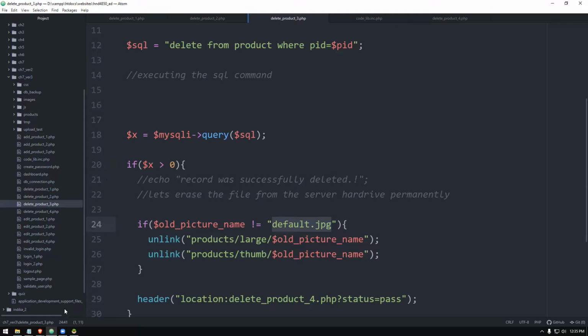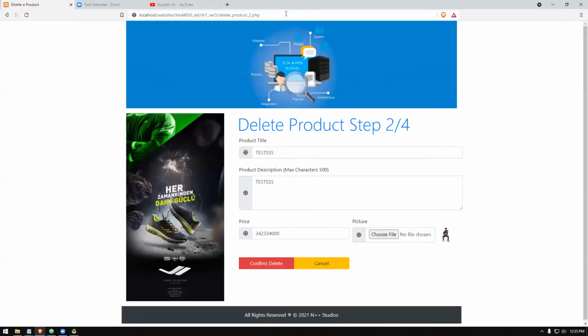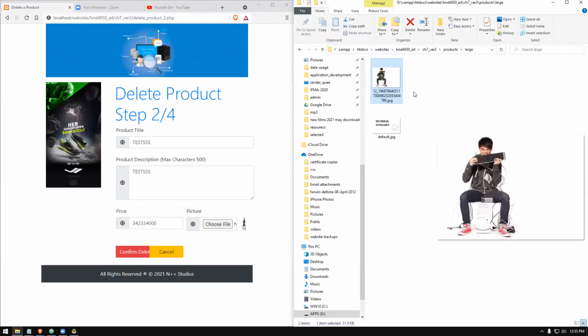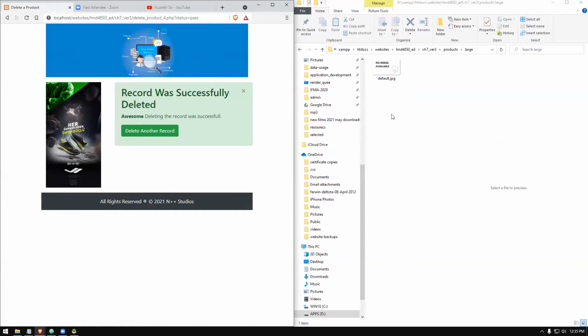Okay, fine. So I'm going to demonstrate it. Carefully watch this. Let's see this one on one side and keep the folder on the other side, so you can see the files side by side. This is inside the large folder. I'm going to delete this, confirm the delete now. We should be able to erase this file. Let's see. You can see that file is getting erased, and it's not going to the recycle bin or anything. It is permanently getting erased. That's how you do the delete operation. That is how you incorporate the delete operation into the program.